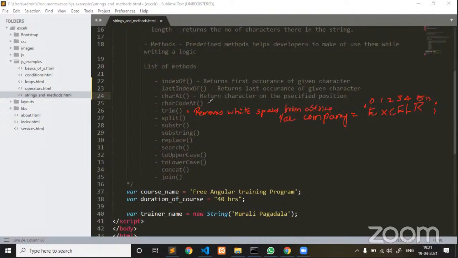Whereas charCodeAt returns the ASCII code value of a specified position.